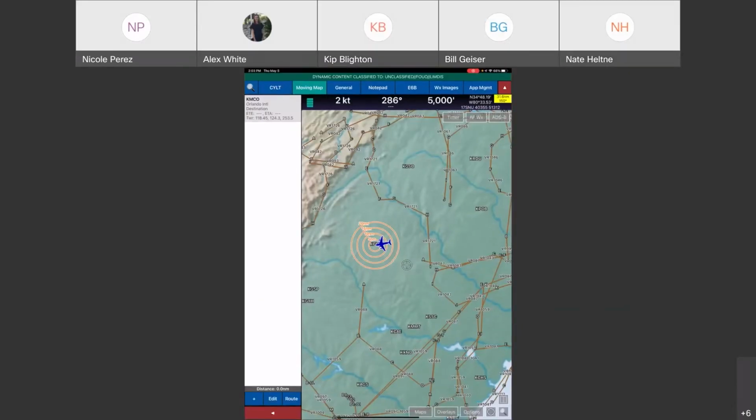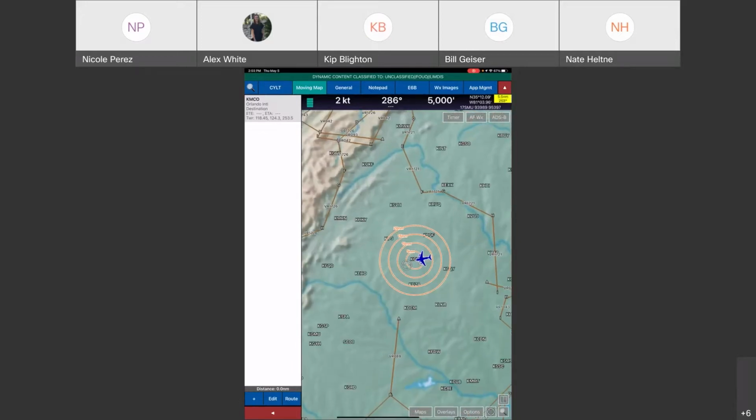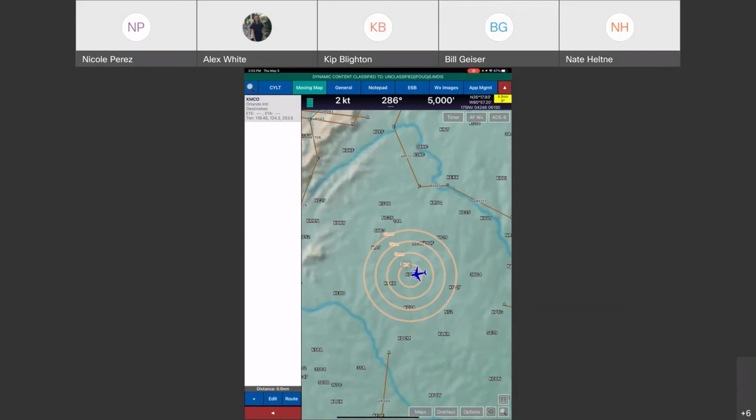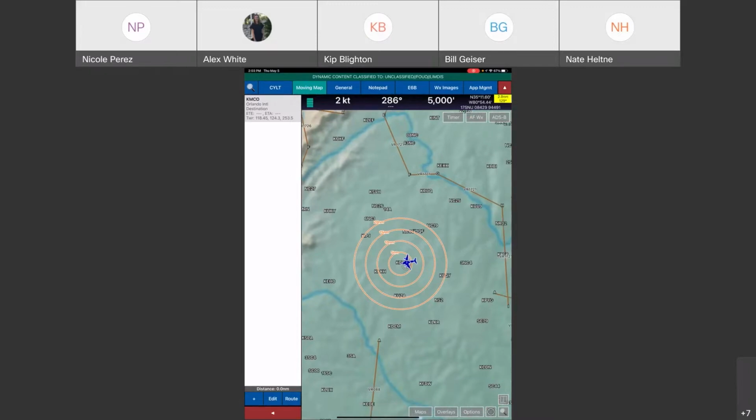Right, so starting off with distance rings. In previous versions, you're able to see distance rings on the moving map that are centered around your own ship. And you have 4 rings located at distances 5, 10, 15, and 20 nautical miles. So in the 2201 version, you can actually edit these rings now. You can decide how many rings you want displayed and the distance between each ring.